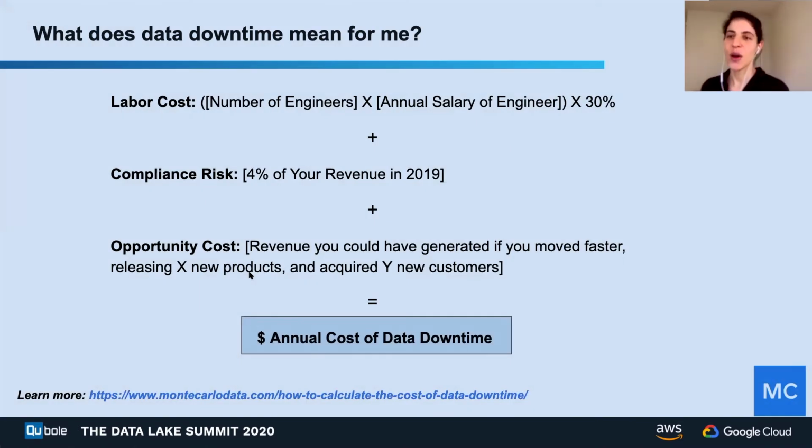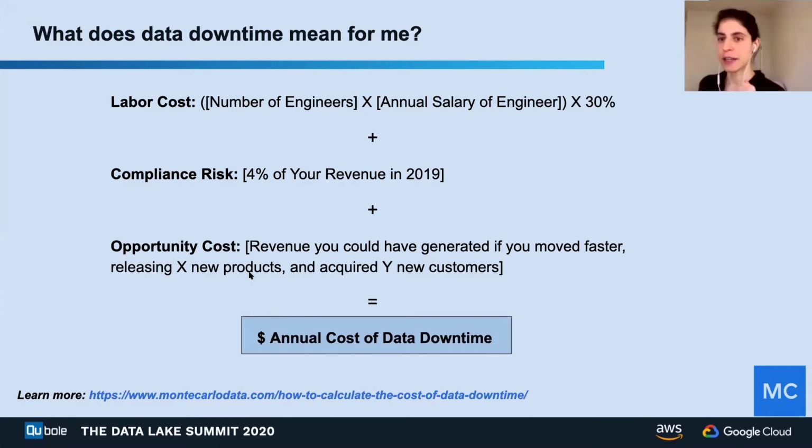So you might think, okay, fine. Data downtime exists. This has been in existence, and everyone is familiar with it. But why should I actually care about this, right? Well, here's why. The reason you should care about data downtime is because, in fact, it is costing you millions of dollars, especially if you are not doing anything about it, and it's actually getting worse. So here's a few examples, a framework to think through what data downtime actually means for me. Why should I care about it?